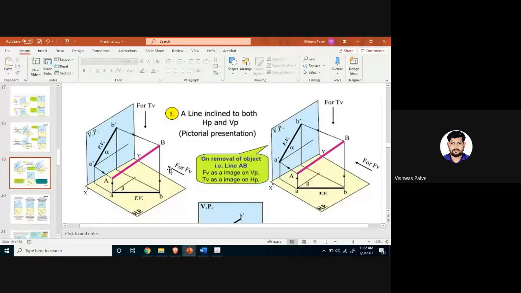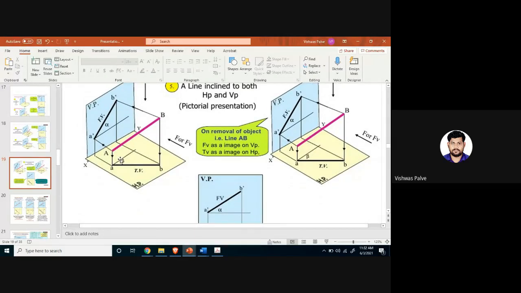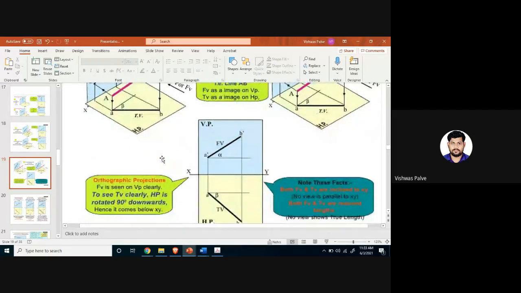But now the fifth condition: a line is inclined to both the reference planes. It is inclined to HP as well as inclined to VP. So how are we going to draw that? You can see the inclination of that line here. It shows the angles theta and alpha, and here you can see the alpha angle and beta angle. These two angles have been introduced, because this is not going to show you the true length. If we project it, you will get an apparent length in the front view as well as an apparent length in the top view. So we are not going to get the true length in both views.